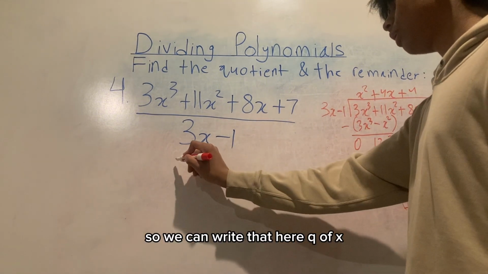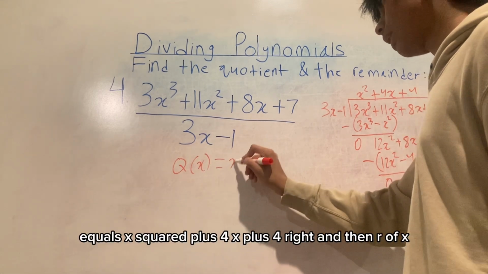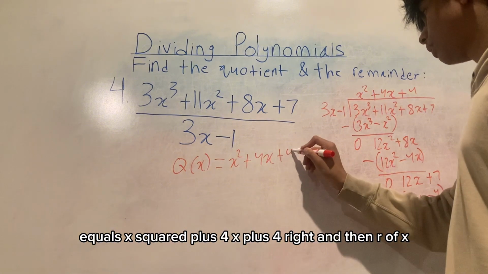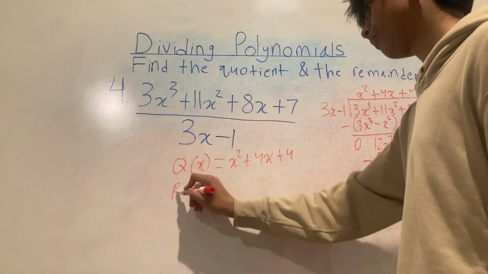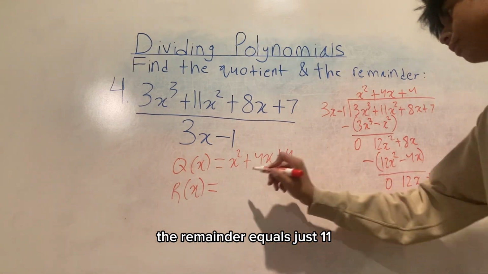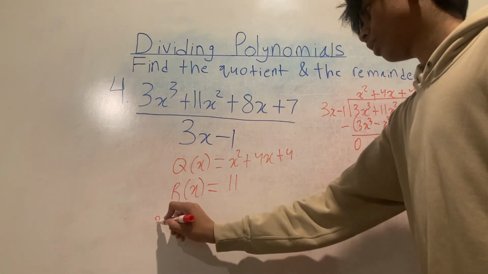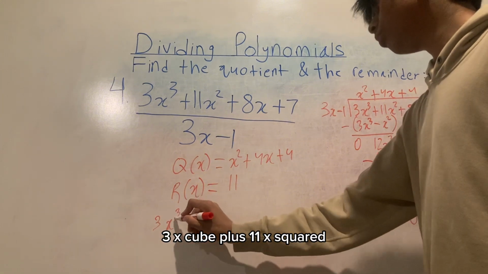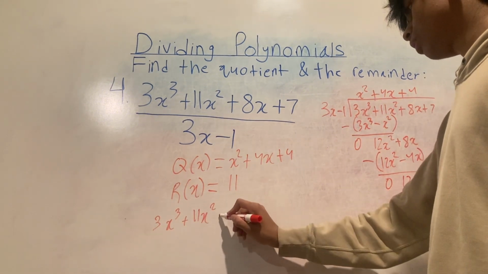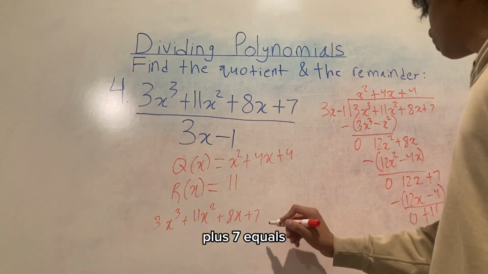So we can write that here. Q of x equals x squared plus 4x plus 4, right? And then R of x, the remainder, equals just 11. And now we can say 3x cubed plus 11x squared plus 8x plus 7 equals,